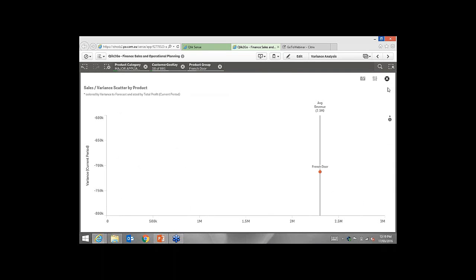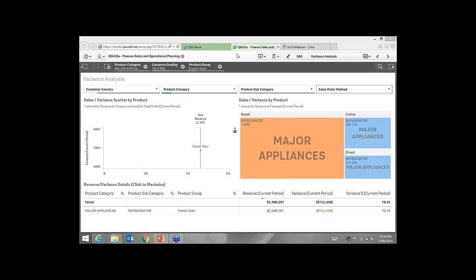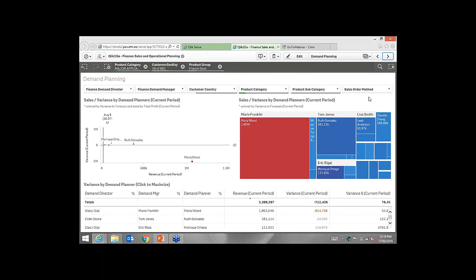And then just push my selection back into my report. So now that I've done that, at the bottom here, everything is now filtered by major appliances. I'm looking at Australia, and I'm looking at the French door. I could easily move now to another page to take another look at the data from another perspective, and this